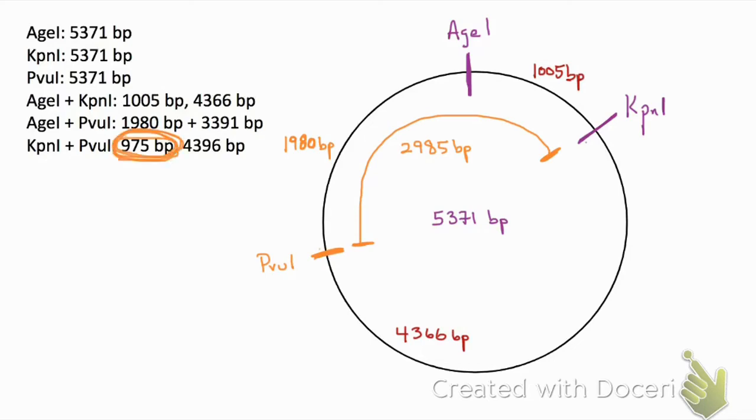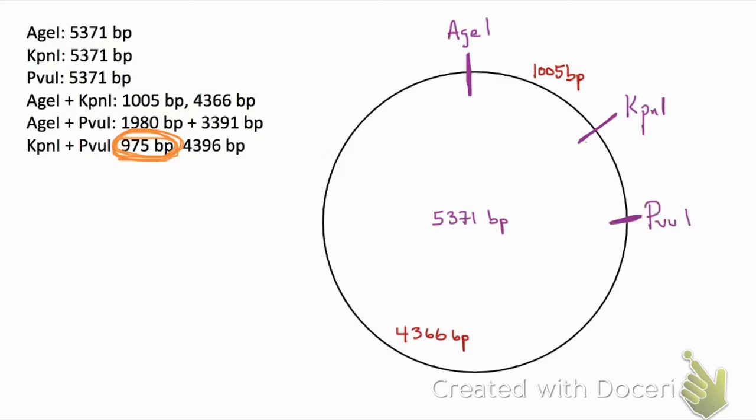However, that's not what we see. A digestion with KPN1 and PVU1 produced two products. Neither of them is 2,985 base pairs. In fact, the distance between the KPN1 and PVU1 sites seems to be less than the distance between the AGE1 and PVU1 sites. And so this tells us that probably KPN1 lies somewhere in the middle between PVU1 and